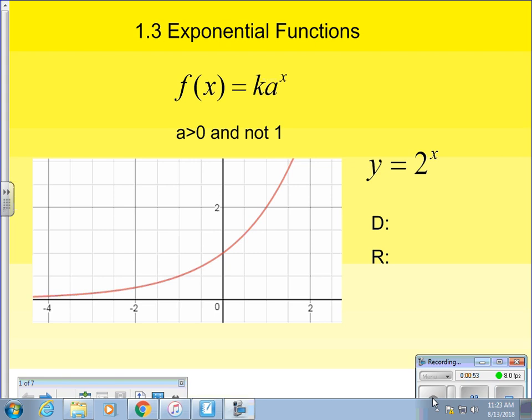The reason it's not negative is for it to be a function and for it to be continuous, because calculus is designed to work with continuous functions. There's no gaps. There's no breaks. Now, we are smart people, so we will apply calculus theories and ideas to some discontinuous functions in ways that make it work. But the idea is if you have a negative base, let's say negative 2 to the x